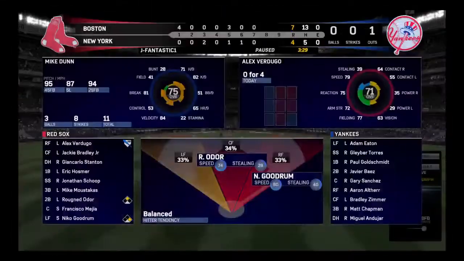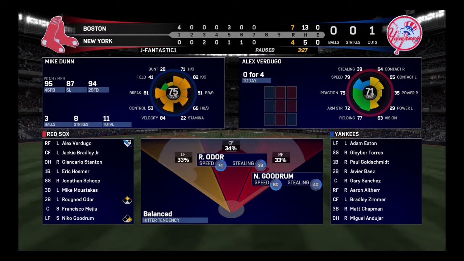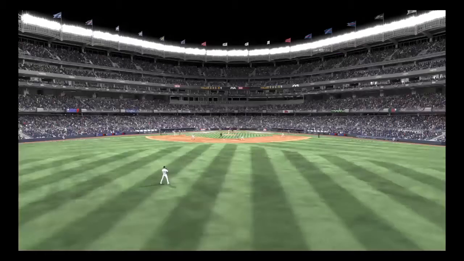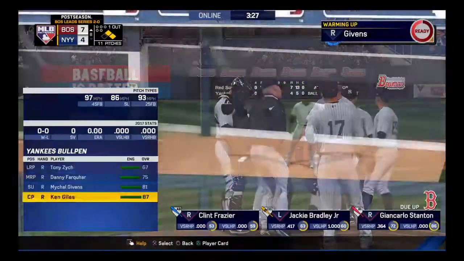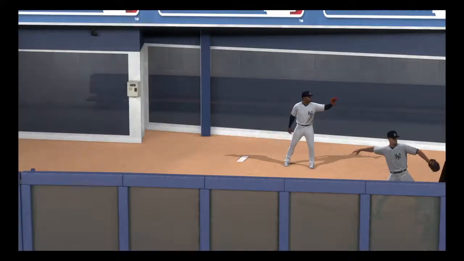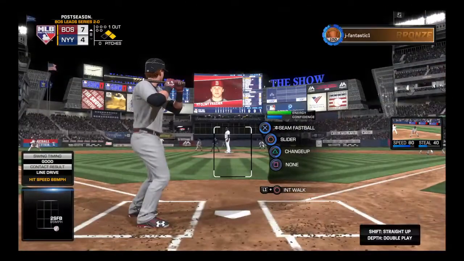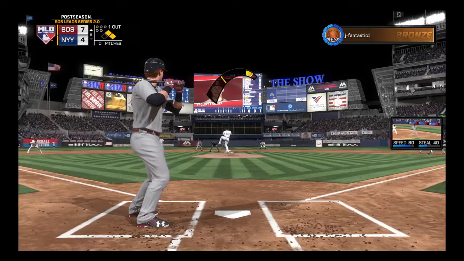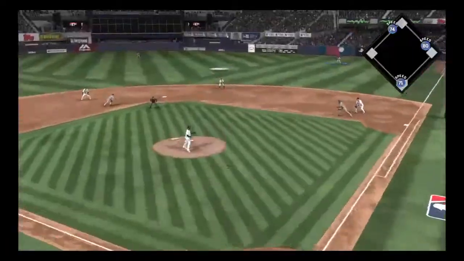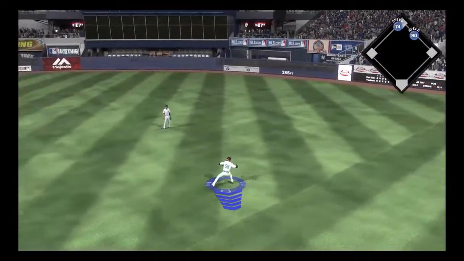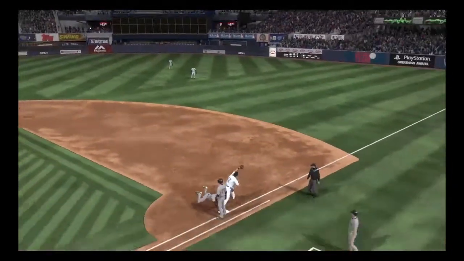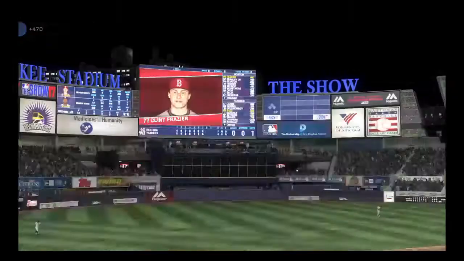Stepping in. Number 61, 0 for 4 with a strikeout. Clint Frazier will get the call to pinch hit here, and he'll find he has a couple of runners aboard with only 1 out in the inning. Now action in the bullpen as their closer starts to get loose out there. And here's a ball hit in the air. Altair sprinting after it. He gets there and makes a fine running play for the second out. On to first, and they get the